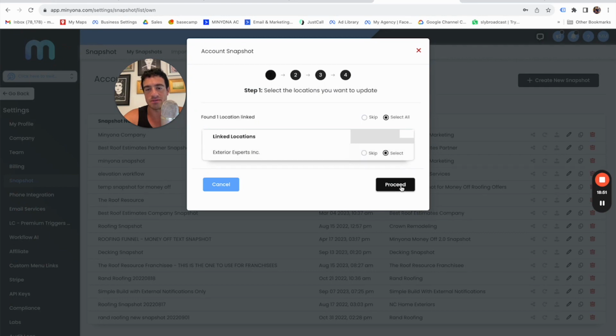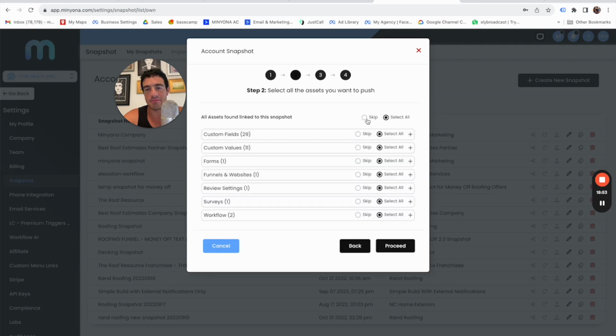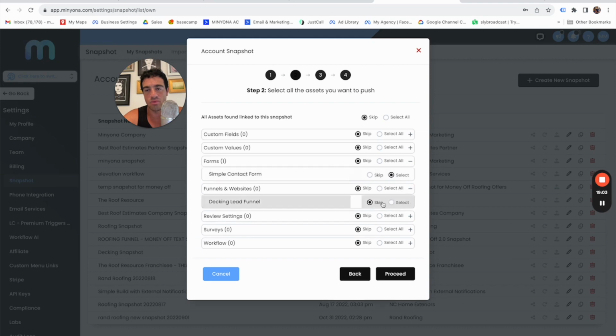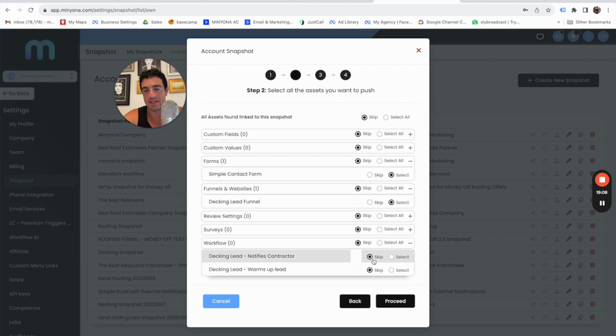So I'm going to click proceed. And then I'm going to click skip all. I always do this because I want to manually select what I want to send and what I want to update on that sub account. So I created a form, so let's select that. We edited the decking lead funnel website, and we edited both workflows. So we're going to click proceed,